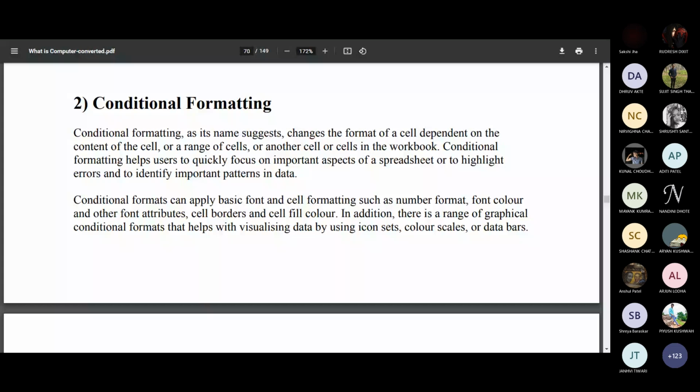It helps us identify the cell based on the condition which we already defined. Conditional format can apply basic fonts and cell formatting such as number font, font color, other font attributes, cell border, cell fill color, and so on and so forth.